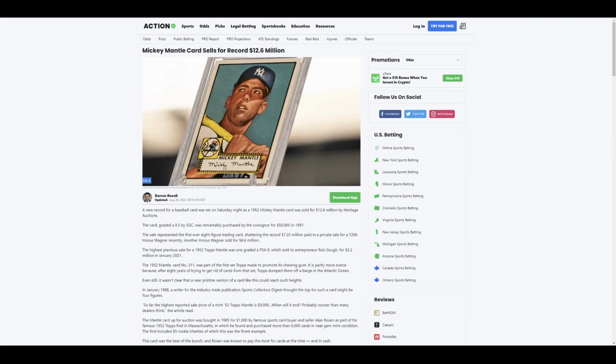How much of this stuff is actually truly rare? A Jordan PSA 10 sells for a lot of money, but it's actually not that rare. If you want one, you could find one. It's not like something like this where there's 4 cards in existence at this grade. That's a whole different bag of kittens. So you're seeing things like the Jordan that are high valued but not super rare kind of get dinged a